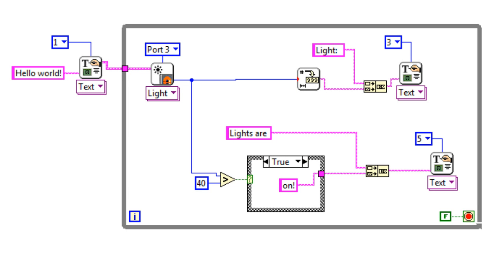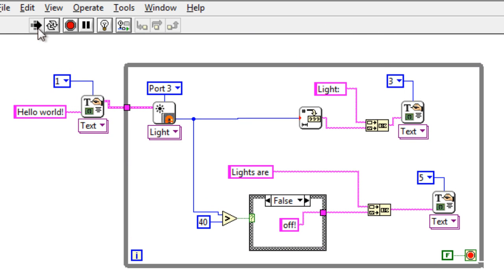Now finally, here's a cute little example of how you can concatenate strings dynamically based on the values coming in on the sensors. So now what we're doing is we're taking the light value from port 3. If it's greater than 40, then the lights are on, otherwise the lights are off, and we're going to add either on or off onto the end of this phrase that started lights are, and then we'll feed that into here.